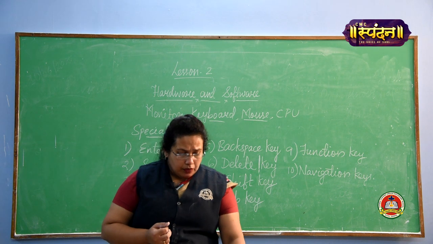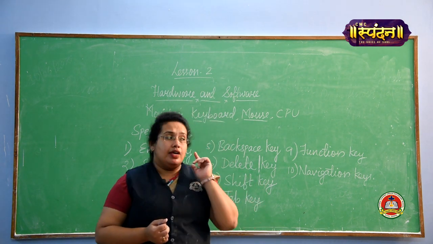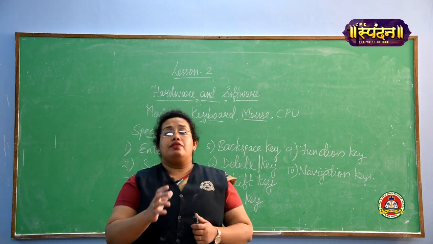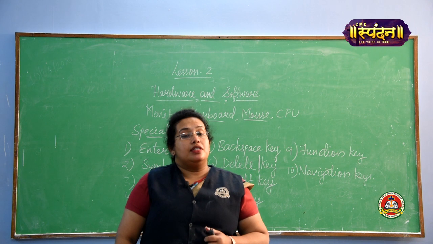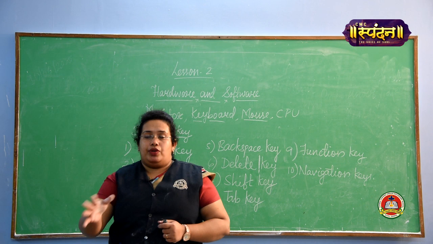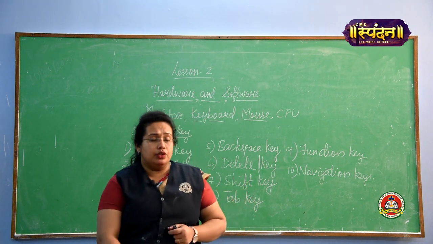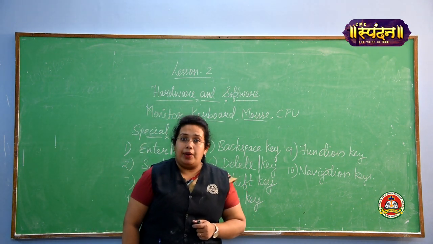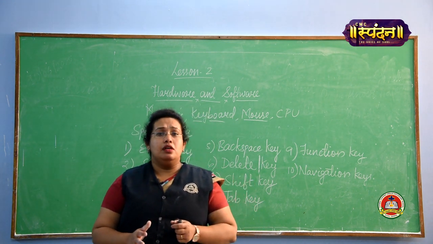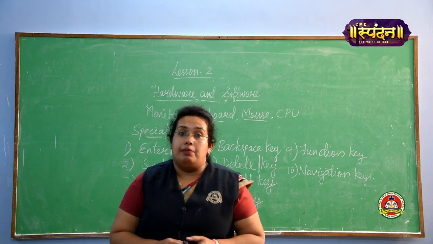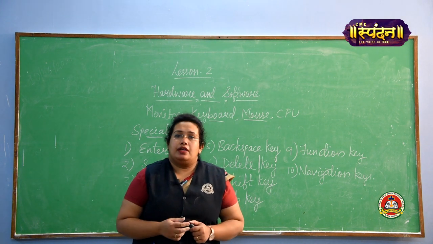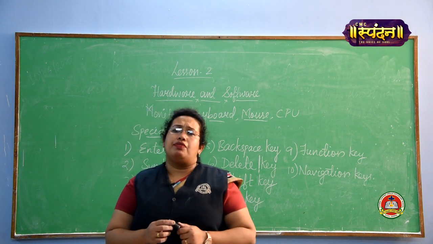This light pen, like whenever we are studying in a computer or in your class also, you have seen when we are using our smart board, we need a stylus to write on our smart board. So light pen is also a type of pen which we are using to do the writing work on any pad. We have one kind of pad in which we are using this pen. Now next part is web camera. Web camera we are using to do live chats, or if you want to share your videos, then at that time you can use this web camera.